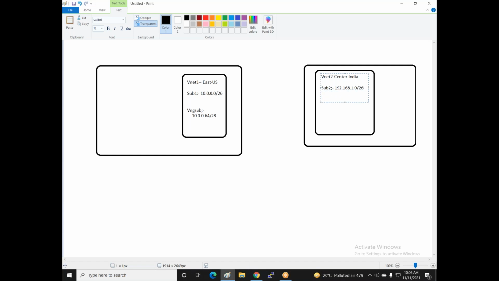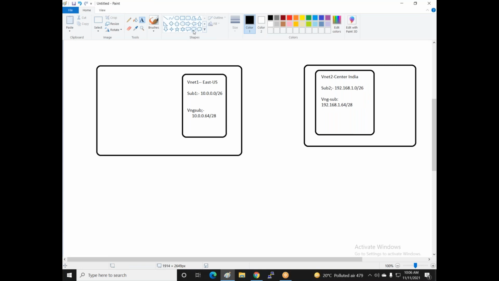And it also creates a VNG subnet, called the VNG subnet, 192.168.1.64/28.